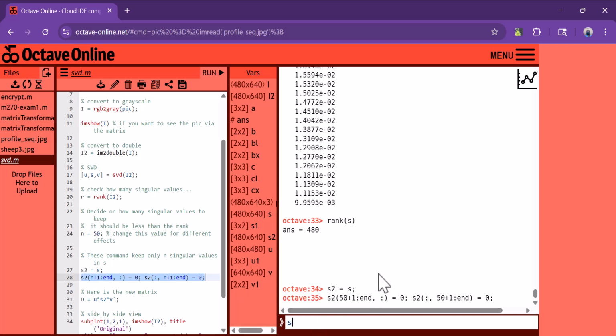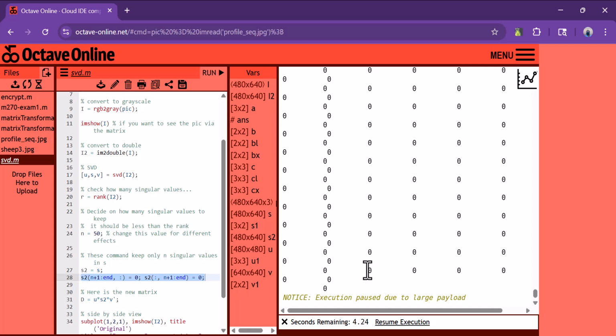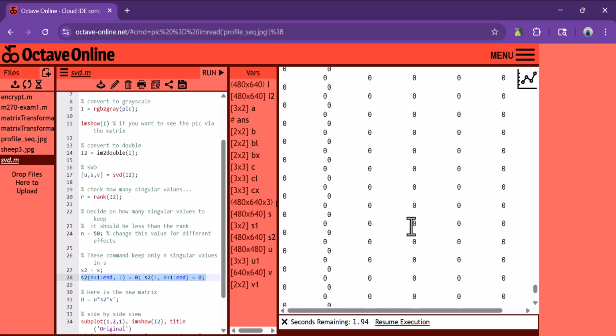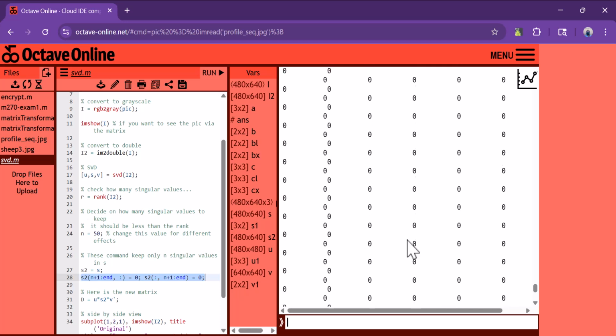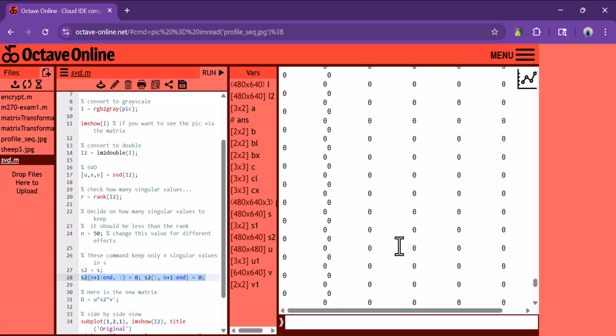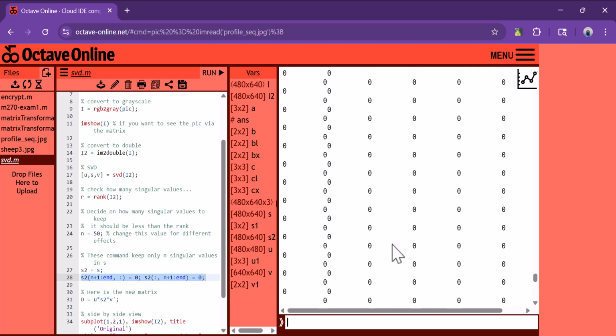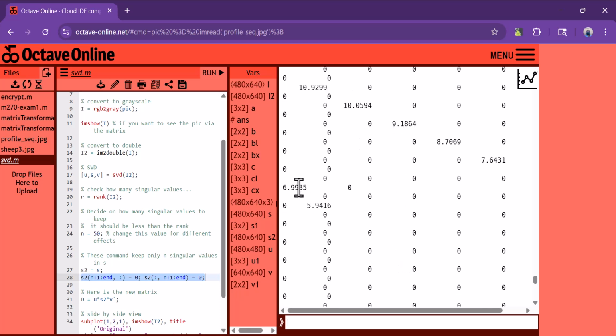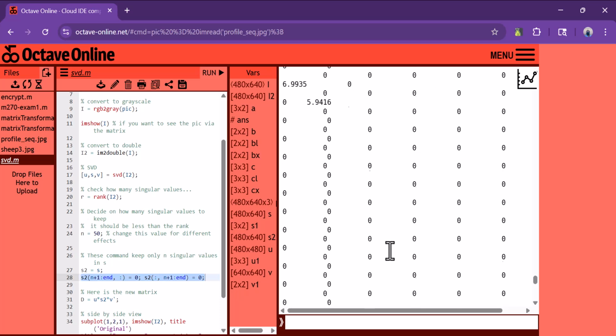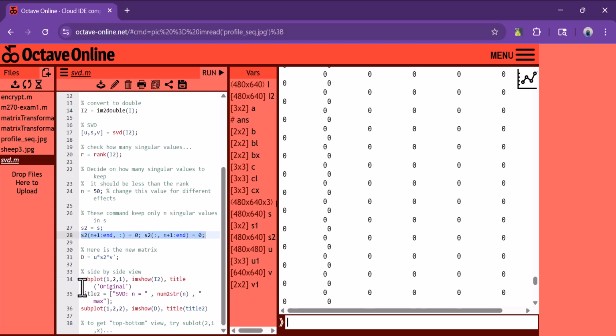And let's find S2. S2 still has a bunch of zeros, but the first 50 rows will have the first 50. Here are the first 50 rows. Well, it's hard to see the first 50 rows like this. But then our rank is now not going all the way to 480, but instead it just goes up to 50. And then if I look at it side by side, the plots,